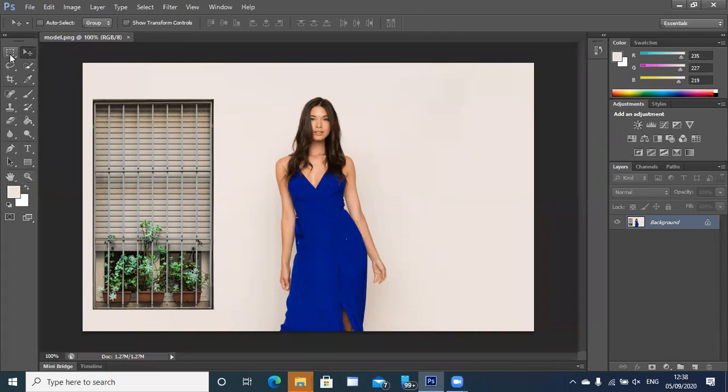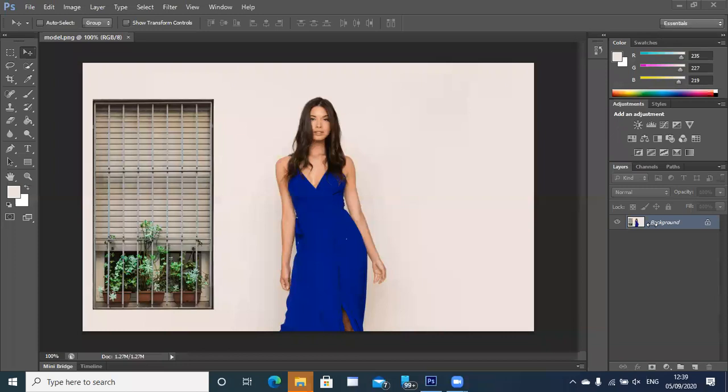So I'll start with the very first tool available up here, which is the move tool. I hope you can see the move tool. The move tool will allow you to move a certain area of the image into a new location. The very first thing you need to know about the move tool is that it will work only when there is something there to move inside that image. If that image has only one layer, like in our case right now, and the layer is locked, then you will not be able to do anything. The move tool cannot do anything in this case.